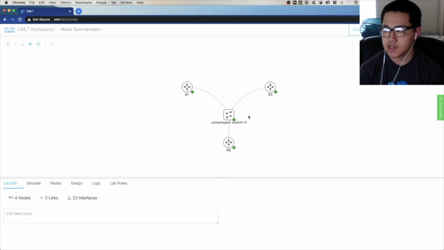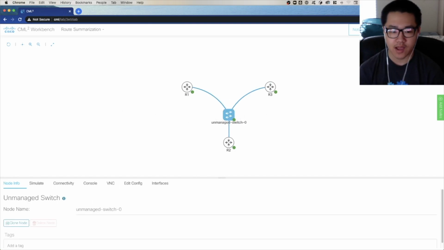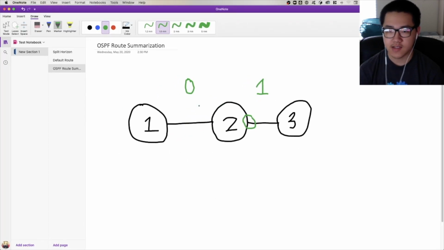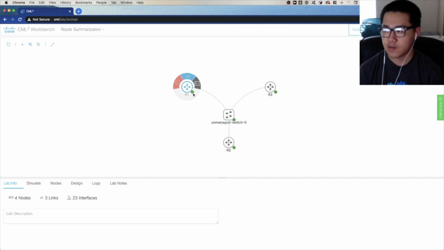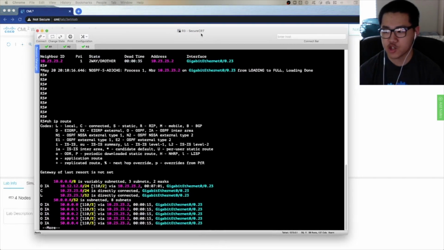So as you can see, this looks kind of different from that one node. Let me bring it back up. This looks kind of different from that one node, and that's because I've got sub-interfaces configured. This is how I typically configure my labs. I have 3 routers, in this case, connected to an unmanaged switch, and then we bring my configuration over here